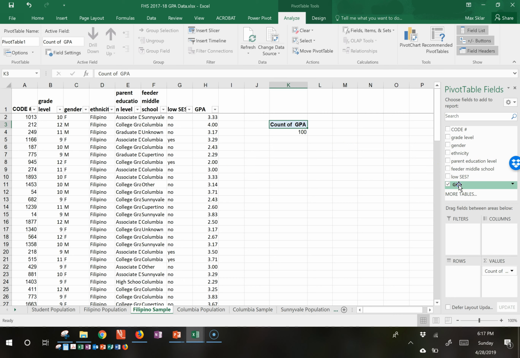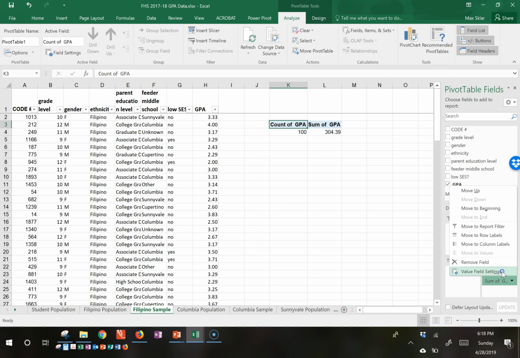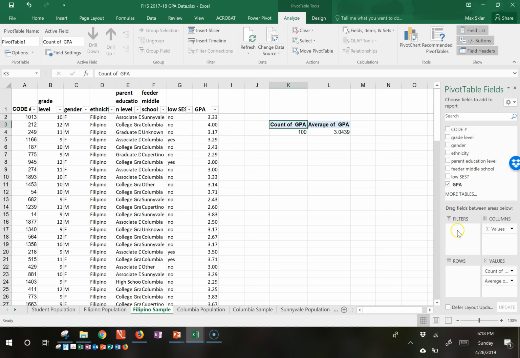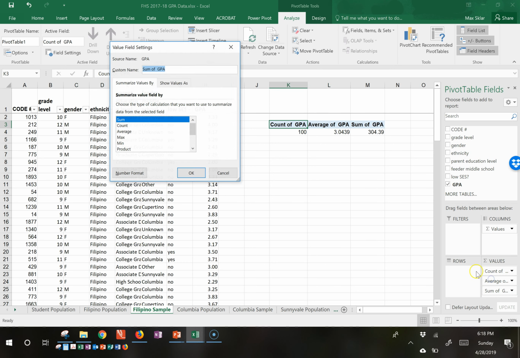Now, I can select GPA again and drag, and you see another result, another summary statistic has popped up, and my table has changed right here. I don't want the sum of the GPA. Let's find the average of the GPAs. And then I'd like to find the standard deviation, so I'll drop GPA in again. And I want to find,